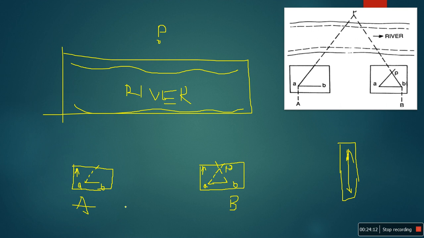Then you have to find out the distances AP and BP by using a small scale on the drawing sheet. Just measure that. Then, since you already know the assumed scale, convert it into the actual scale. Then you will get the distance between A and P on the ground. Okay, this is the procedure for the intersection method.